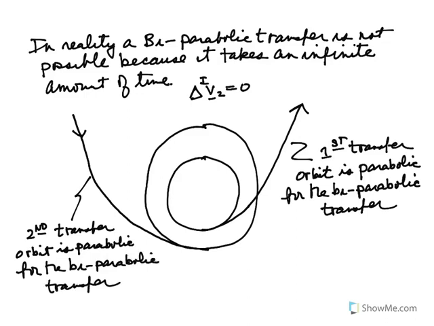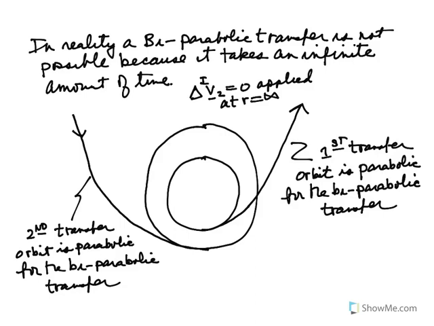And again, given that the outbound orbit, the first transfer orbit, takes an infinite amount of time, clearly the inbound is also going to take an infinite amount of time because it's coming in from infinity. So delta v2 is applied at r equals infinity, which doesn't make any sense because you can't apply anything realistic at r equals infinity. So in reality, even though this is the issue, realistically,